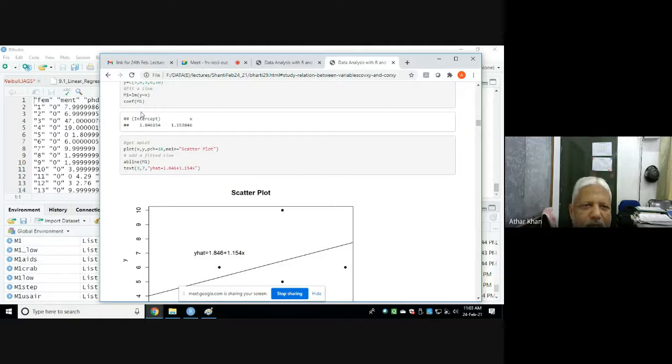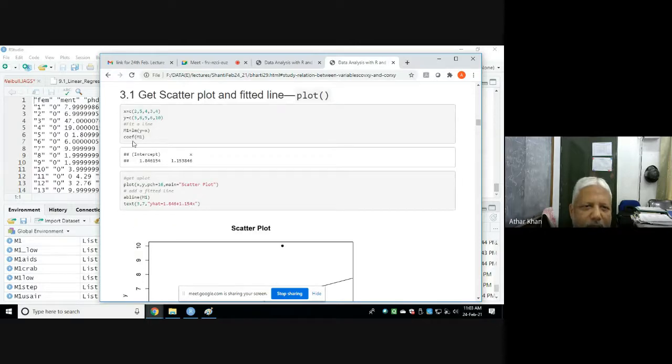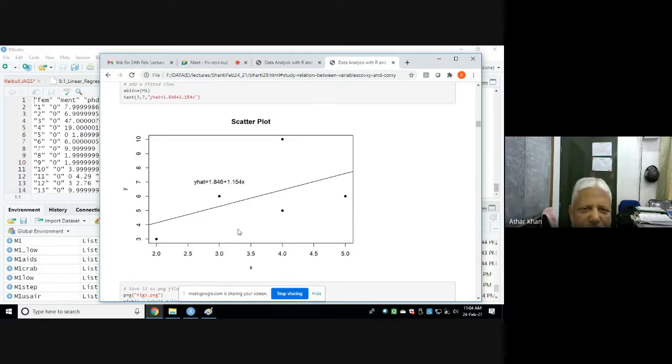So how to create them? Just these commands. This is to fit the linear model. Lm is a very general purpose function, and this is to report the regression coefficients beta naught and beta 1. See, this is the regression coefficient, and what does correlation measure? Correlation measures to what extent they are close to the line. Is it understandable, beta? To what extent they are close to the line.